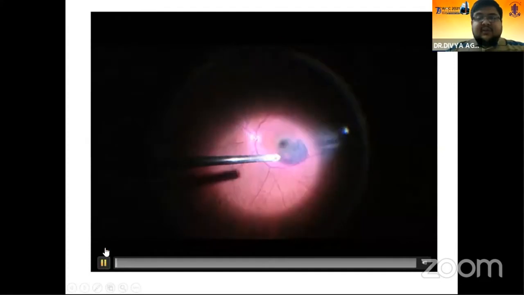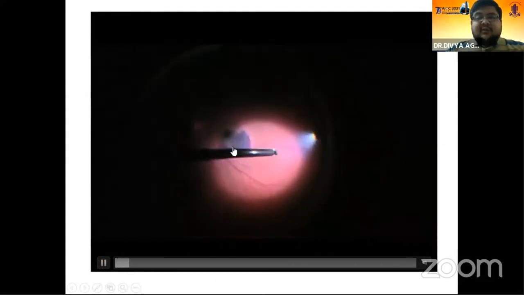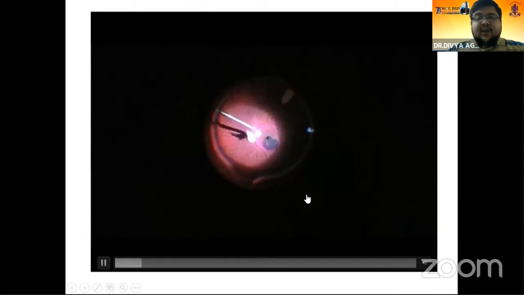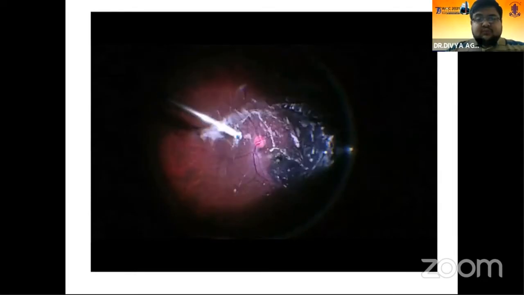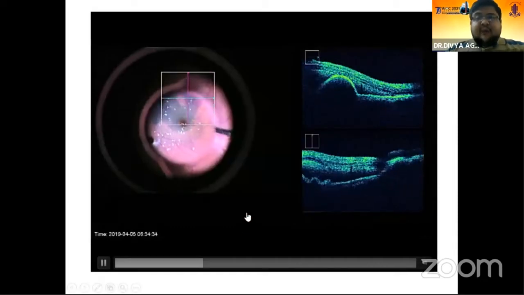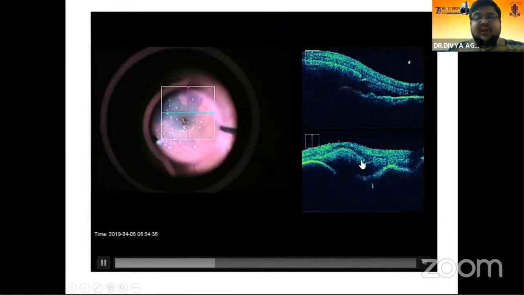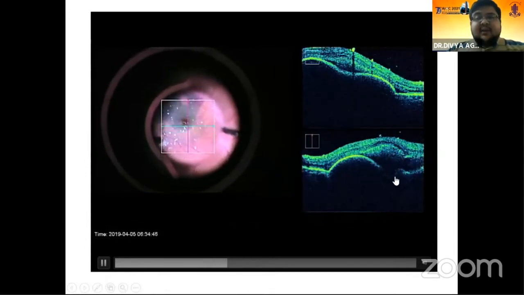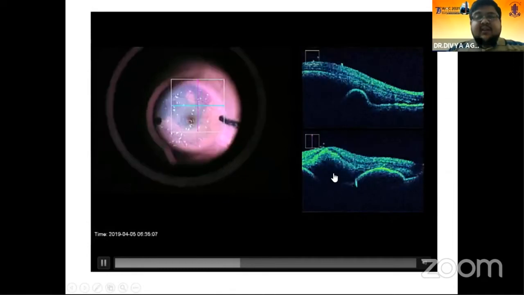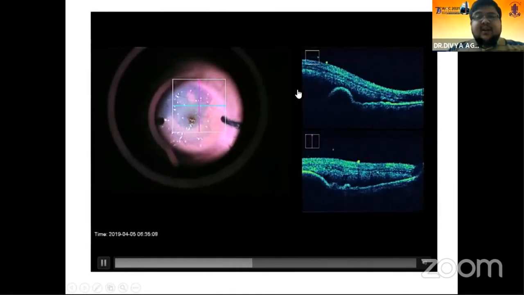So this is a sample surgery. We did core vitrectomy for a large submacular hemorrhage involving the center of the fovea in a case of polypoidal choroidal vasculopathy, induced the PVD using triamcinolone. Then we did the core vitrectomy, removing the vitreous. After that, we use MIOCT to detect the area of the largest hemorrhage, the area where the height of the hemorrhage is largest, and the areas of suspected PED, because these areas of PED are to be avoided for subretinal injection. Then, based on that location, we started injecting the cocktail.